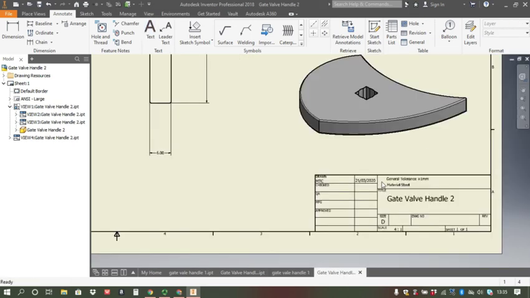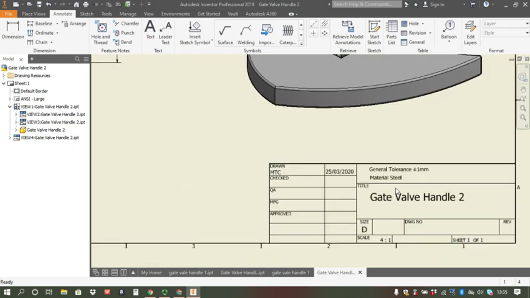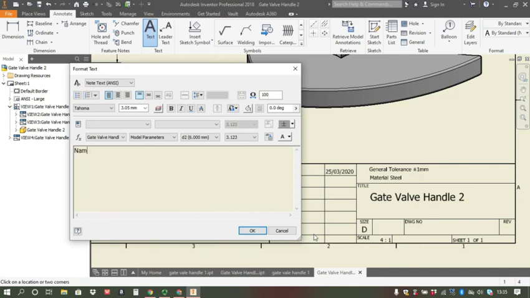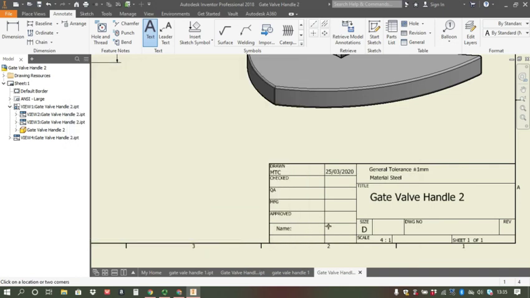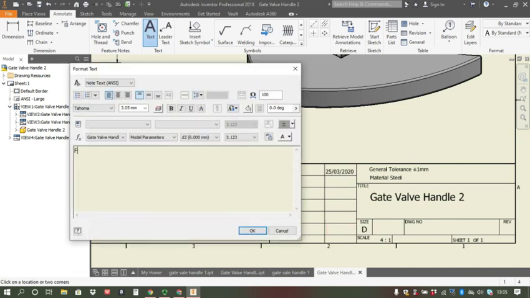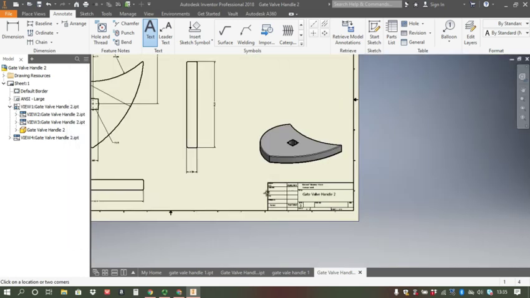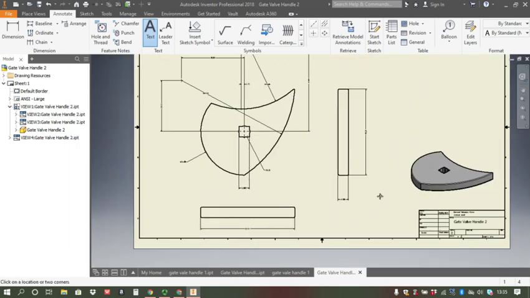Okay, so gate valve handle 2, what are we missing on this one? Well, we're missing name. And the person who did this was indeed our friend Fred Colson. Okay, so now this is a more complicated drawing,